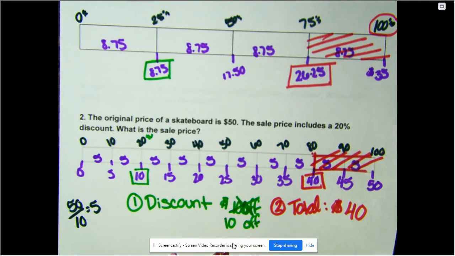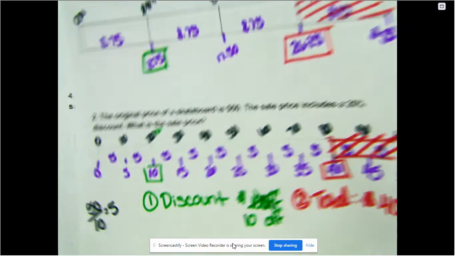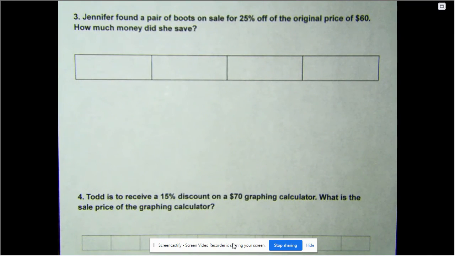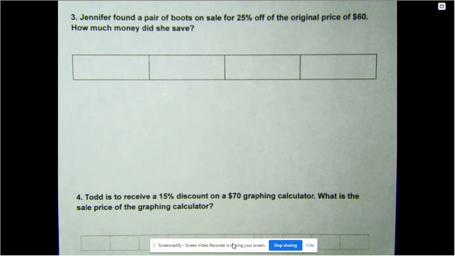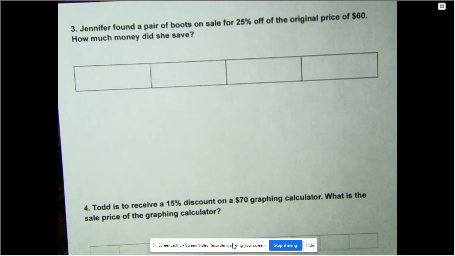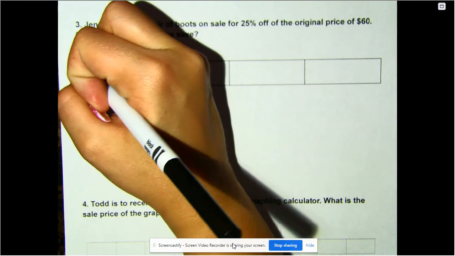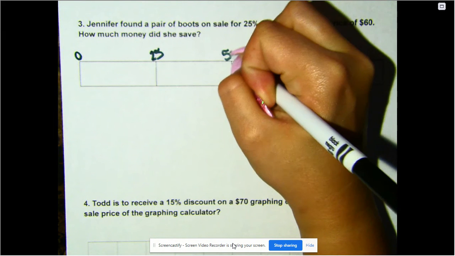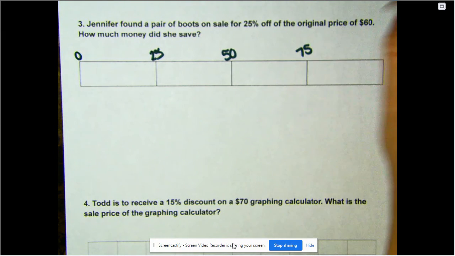Okay, hopefully you're getting the hang of it. We're going to do 2 more examples. Jennifer found a pair of boots on sale for 25% off of the original price of $60. So again, we have that 25, so it is a benchmark, so I'm going to use 0, 25, 50, 75,